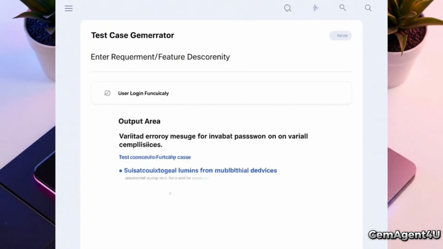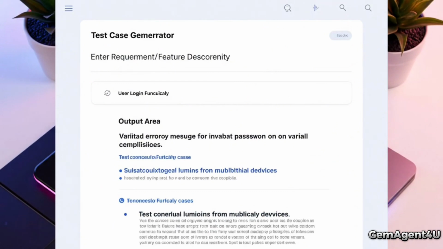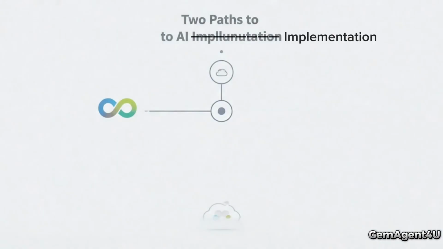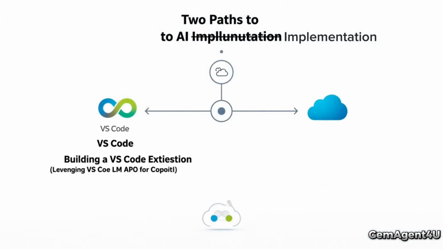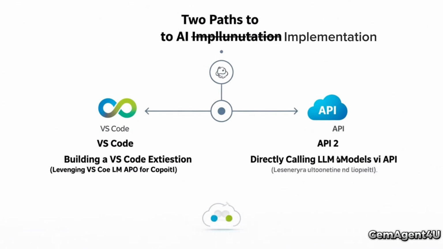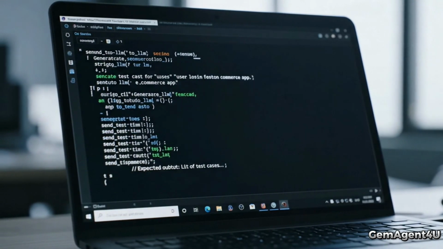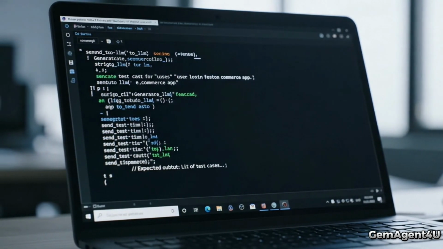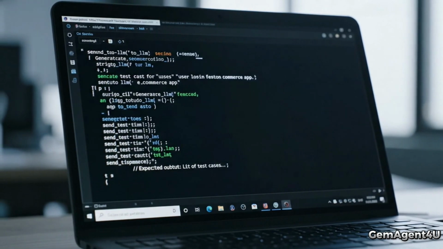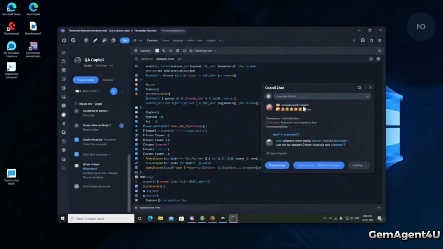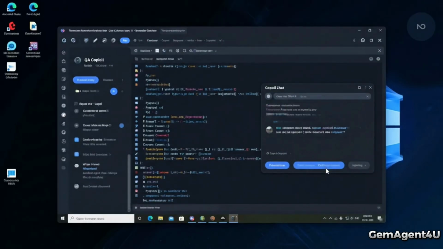And here's the best part: you don't need to be an AI expert or a data scientist to get started. The secret lies in leveraging readily available tools and powerful AI models. Let's explore the easy paths to making this a reality. One powerful approach is to directly call large language models (LLMs) using their APIs. Another incredibly powerful avenue, especially for both automation and manual testers, is to integrate this intelligence directly into your workflow